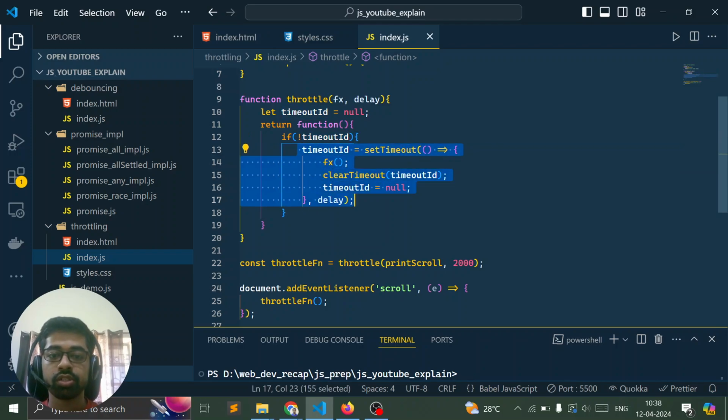After it goes inside, it will initialize the timeout id with a set timeout of the delay which we have mentioned, which is 2 seconds here. And after those 2 seconds, it will call the fx, and after calling that, it will clear the timeout and make the timeout id null. Now let's say,